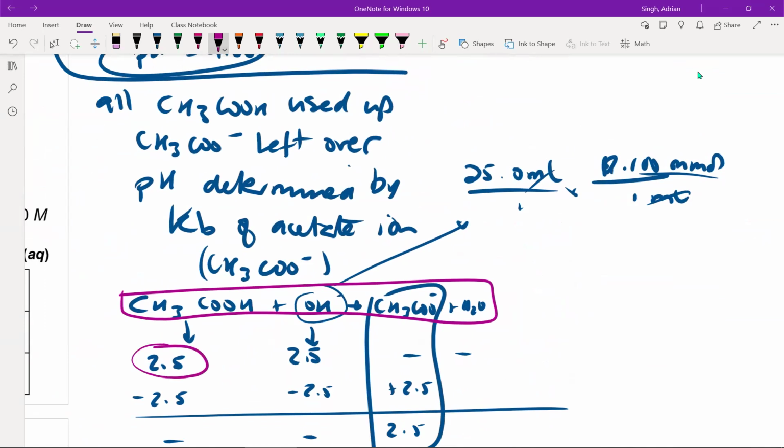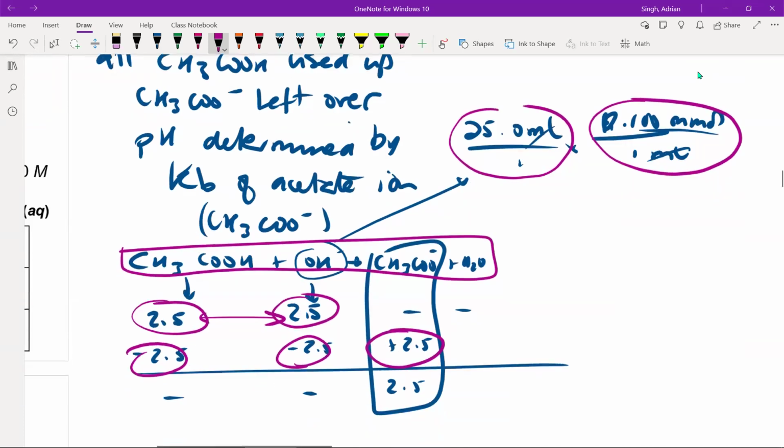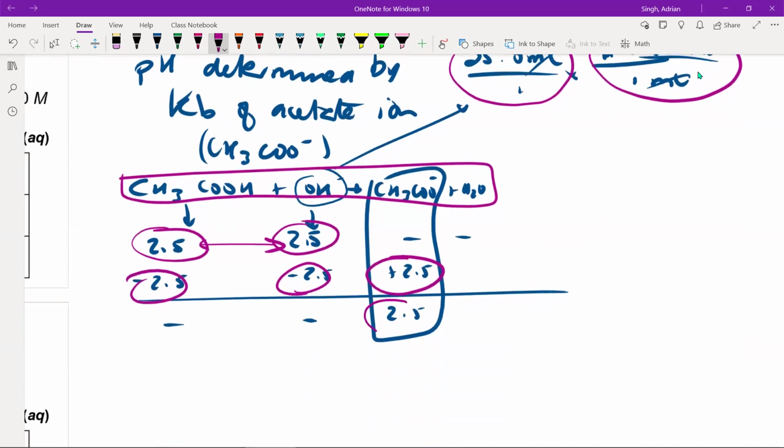At the equivalence point, we've used 25 mL of the sodium hydroxide with the 0.100 molar concentration. So we use our solution stoichiometry, determine the number of millimoles of the sodium hydroxide, which is 2.5. These are going to react in a 1-to-1 mole ratio. So we use up the same stoichiometric amount of these. We're going to produce the same stoichiometric amount of the